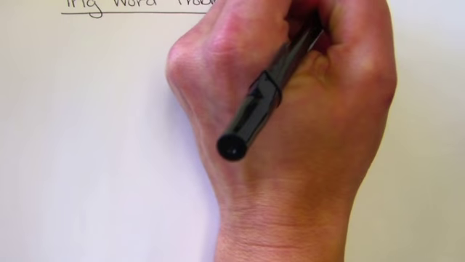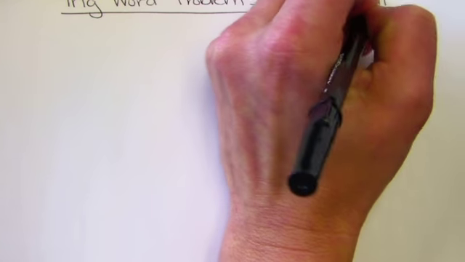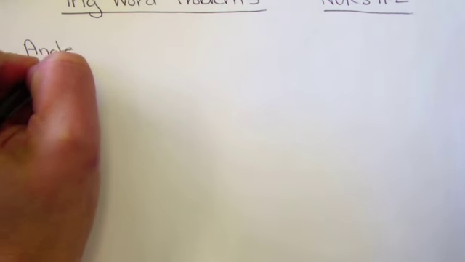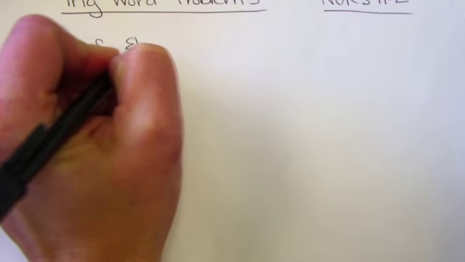Okay, we are going to work on our trig word problems. This is trig part 2, notes number 2. All right, there are two main vocabulary words that you need to be comfortable with in order to do your trig word problems. Okay, the first one is the angle of elevation,